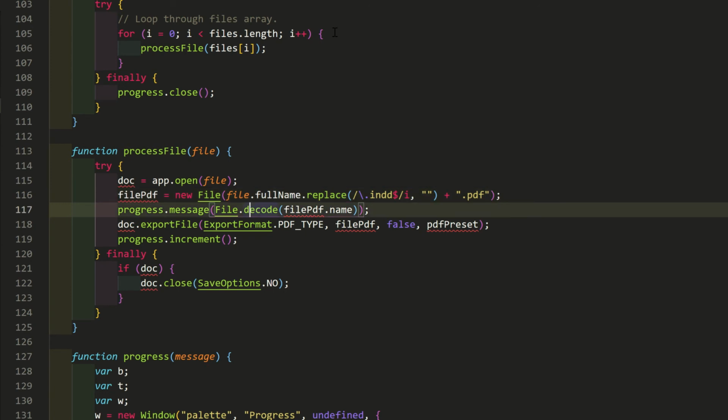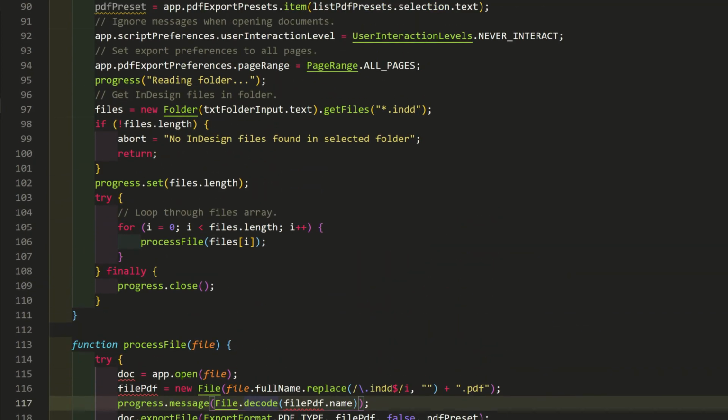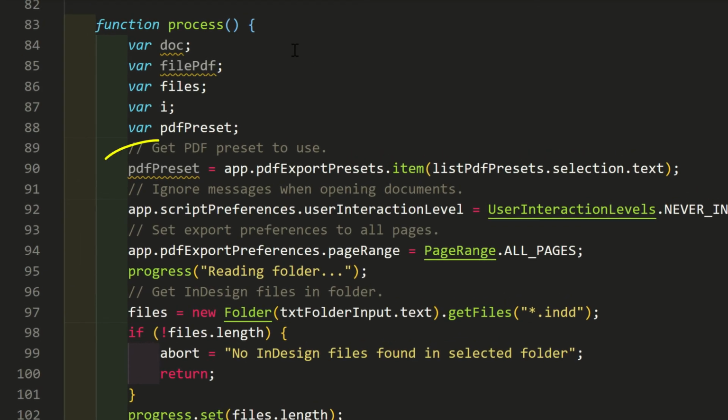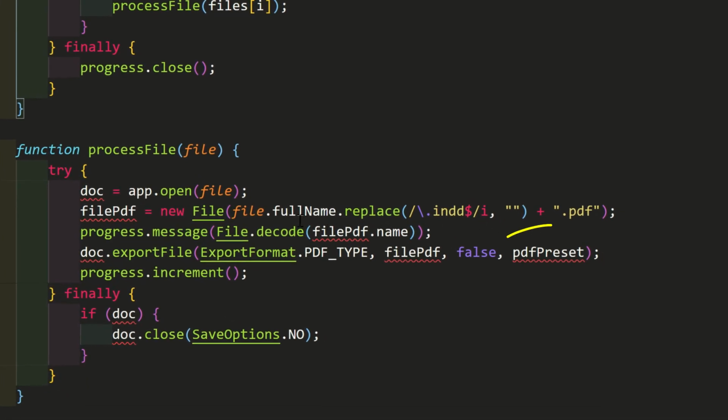Some variable declarations need to move, because where they're used has moved. Doc and file PDF, but one of them is a problem. PDF preset, because we assign a value to it in the process function, but use it in processFile.